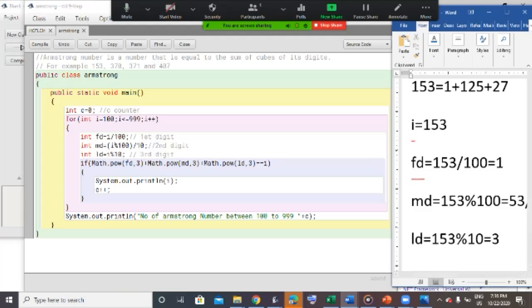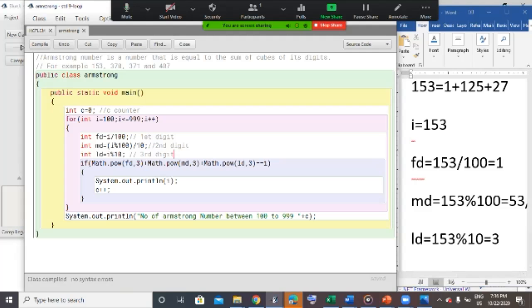Then in the if statement, I am using the power function and adding the cubes of all three digits. If it is equal to the number itself, then the number is printed, and at the same time I'm counting how many Armstrong numbers there are between 100 and 999. So I compile it.